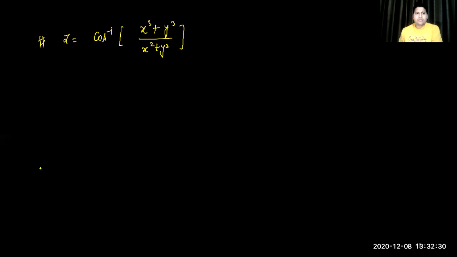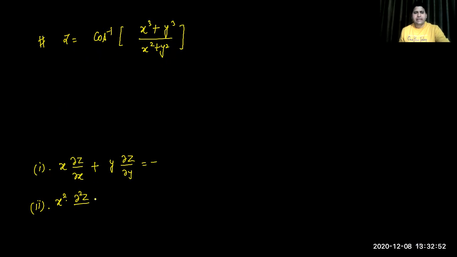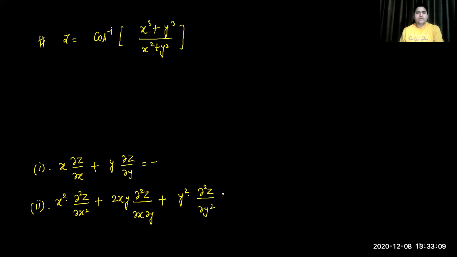The question is asking in the first part: x into del z over del x plus y into del z over del y equals how much? In the second one, they are asking x square into del 2z over del x square plus 2xy